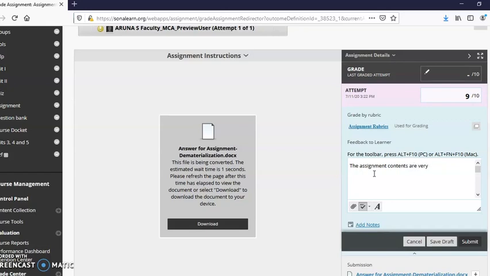Contents are very good. You have browsed Google and got a clear idea. Good attempt.